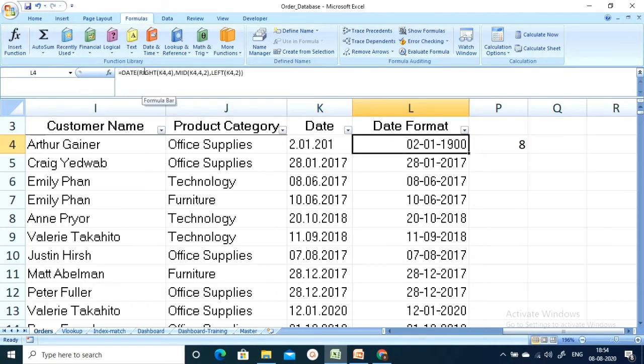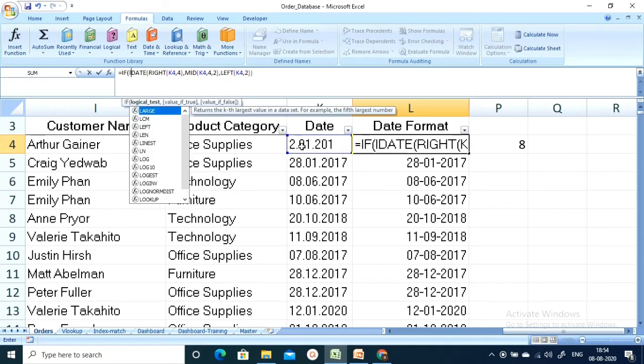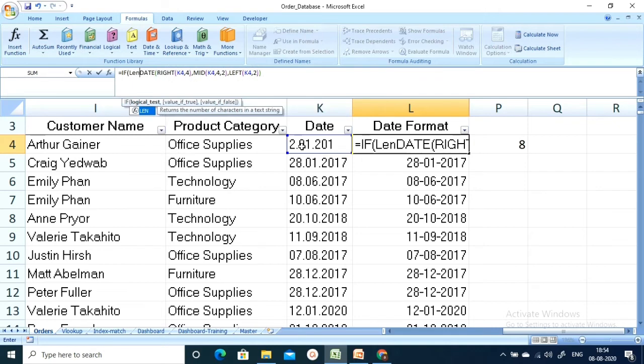So before the date formula, I am going to use an IF condition: if the length of the string equals 10, then this condition should apply, or else it should display error in date format.